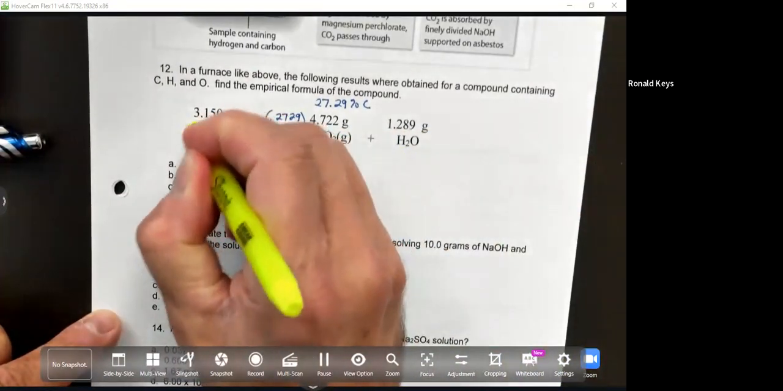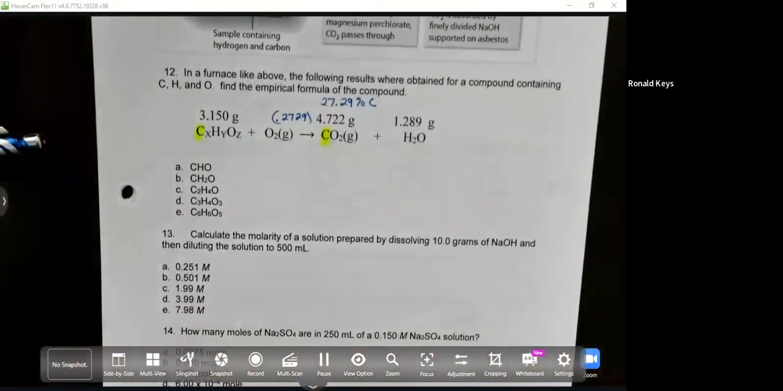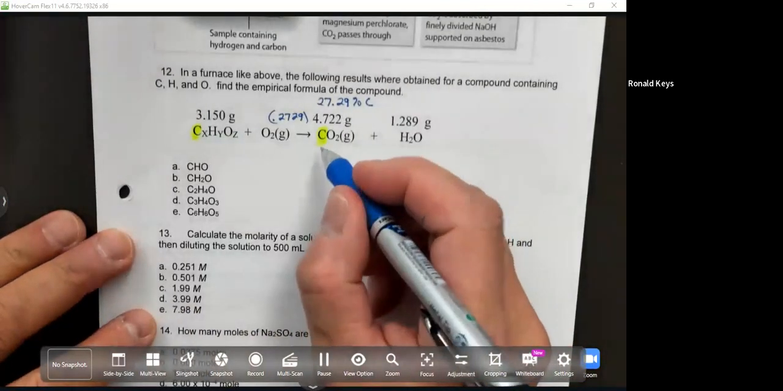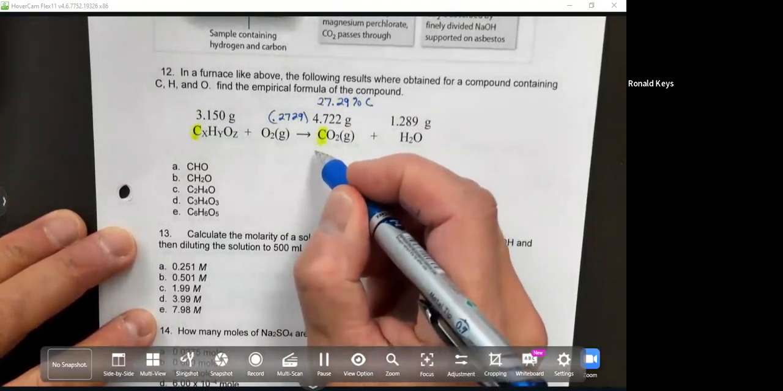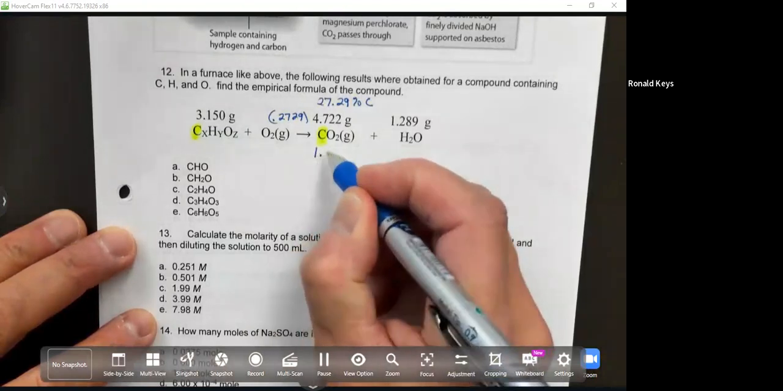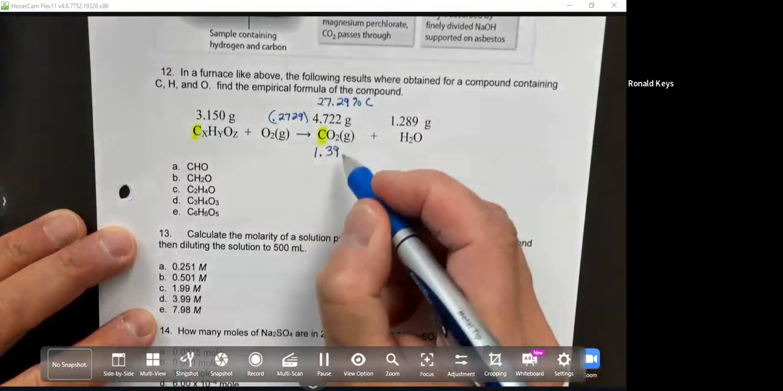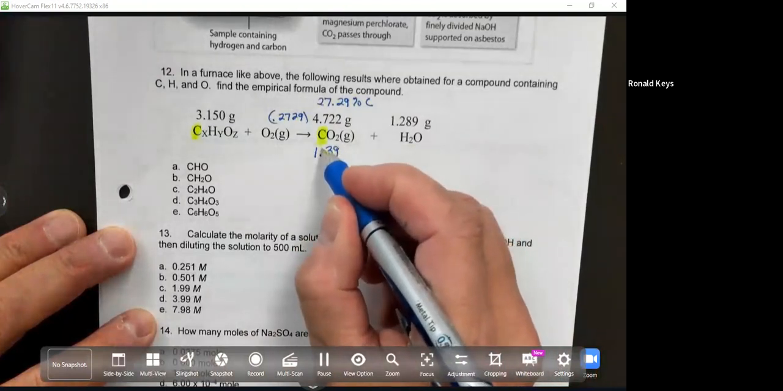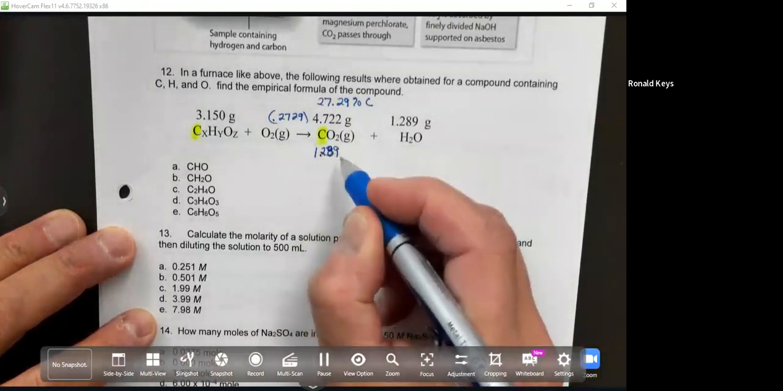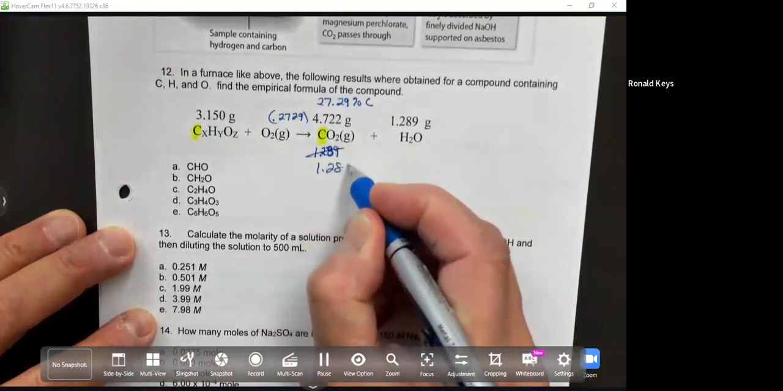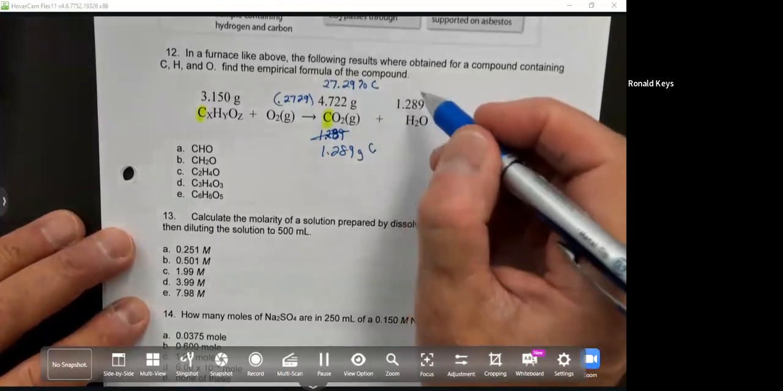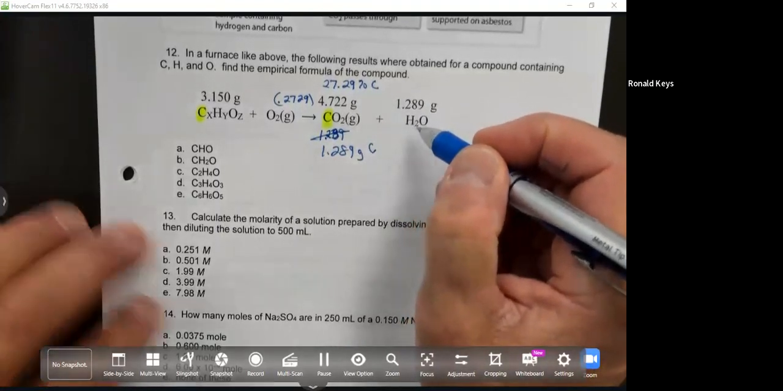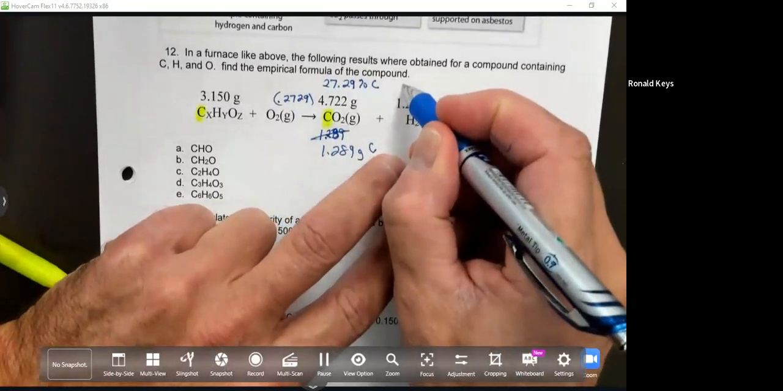That carbon is right here. So how many grams of carbon do I get out of this? Somebody tell me the answer. What do you got? How much? 1.289 grams of carbon in that? 1.289 grams of carbon. All right, and then the percent hydrogen in water is